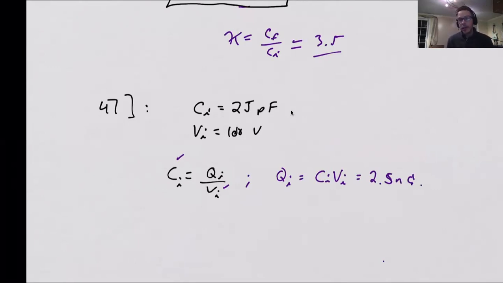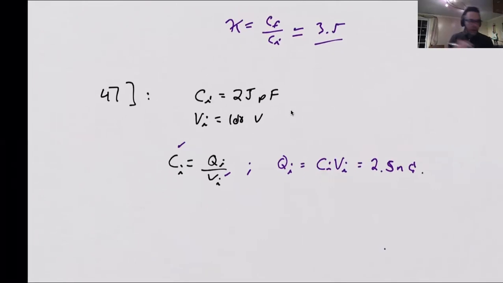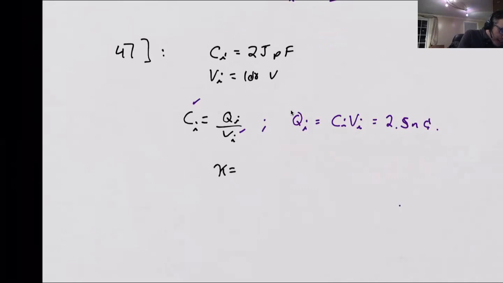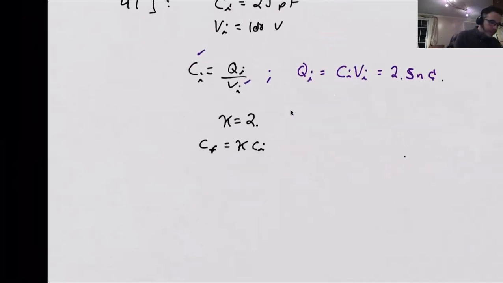That's the initial charge, but now what do we know? We then shove Teflon in there. Teflon, you can look up in your textbook, has a dielectric constant K of exactly 2. So we know then when we put Teflon in, we're going to change the capacitance of the system to be like the equation that we just used for the last one. Okay, and so from this, we then know also that C final